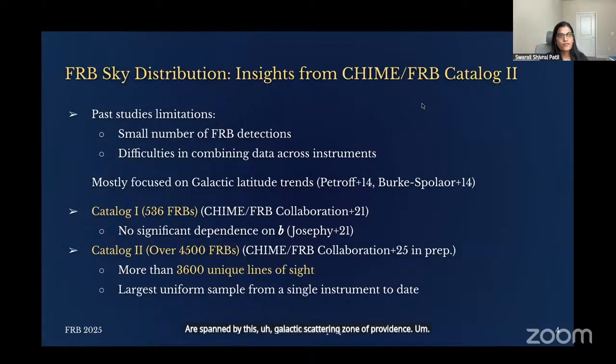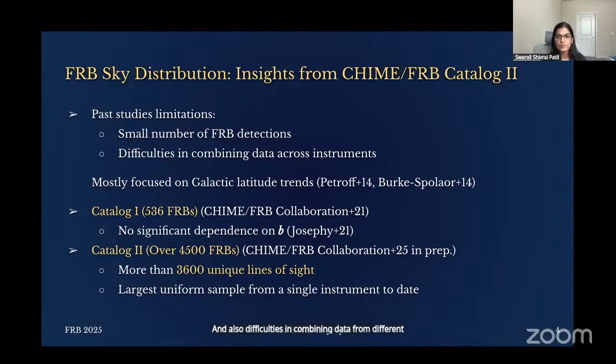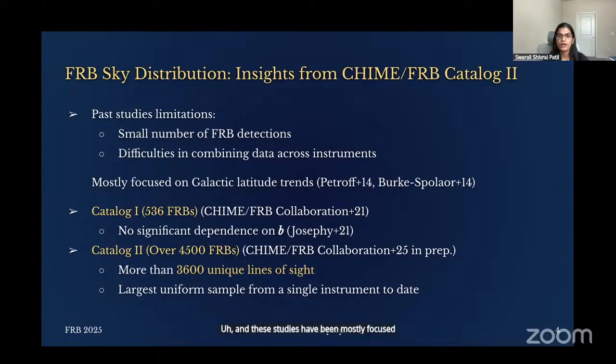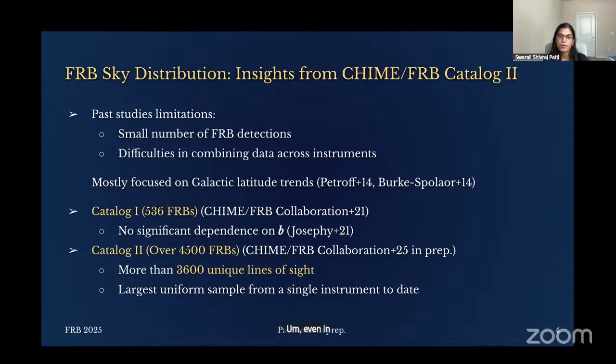And previous studies of FRB sky distribution have been limited because of fewer FRB detections, and also difficulties in combining data from different instruments because of their differing sensitivities and selection effects. And these studies have been mostly focused on the galactic latitude trends. For example, these two independent studies by Emily Petrov and Sarah. Even in Catalog 1, with a sample of 536 FRBs, Alex Josephi and collaborators found no significant dependence on galactic